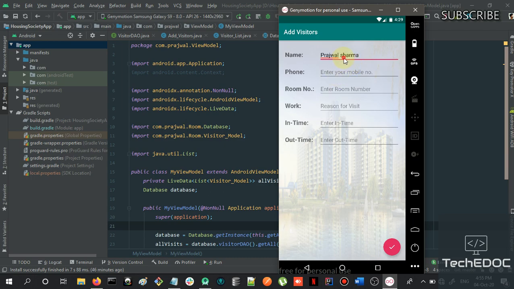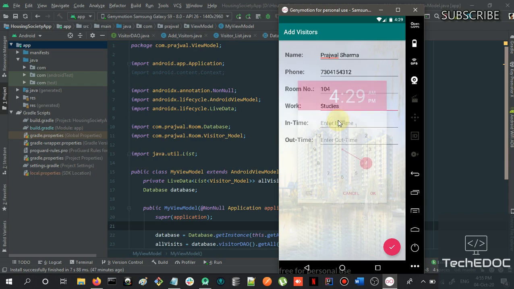If you want, you can make this capital. Then the phone number, the room number, and the work, meaning for what kind of work you are visiting the person. So going for studies, then the in time and the out time.